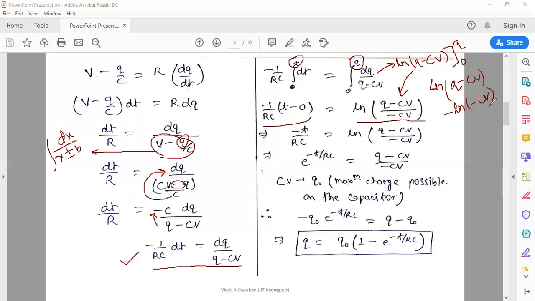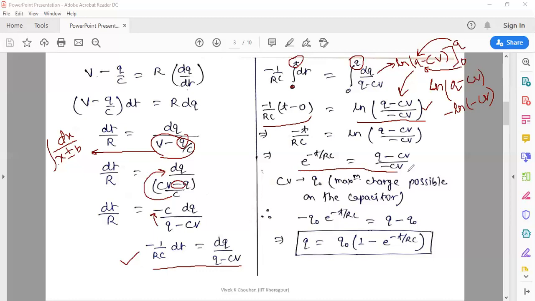Yeah, we have put this limit to the variable part, which is done in the integration. This is the part of integration. Now, from the properties of log, we know log of some term minus log of some other term is equal to log of that term divided by the other term. Okay, so we will have this much on our RHS. Now, doing some rearrangement and solving the equation, we will reach up to here.